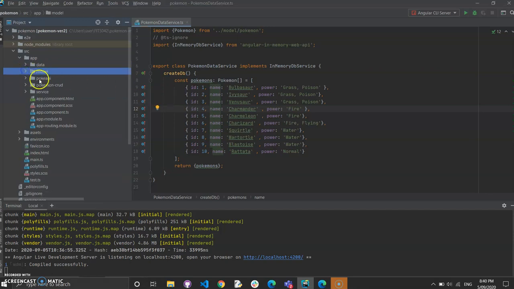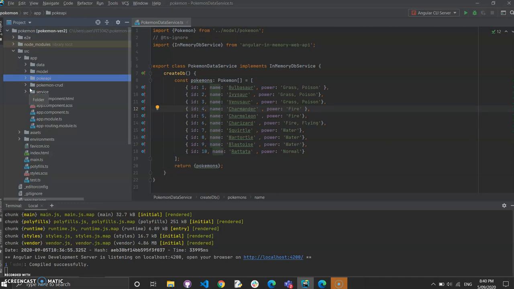Then there is the API, as you know, application programming interfaces. This API would help us serve the actual Pokemon content. This Poke API consists of content from the external files.